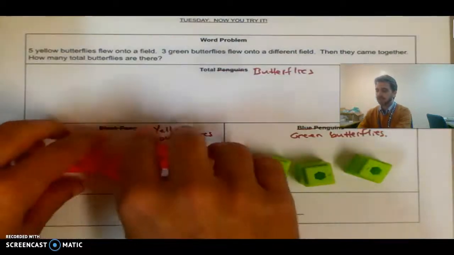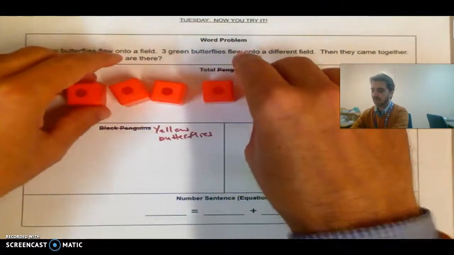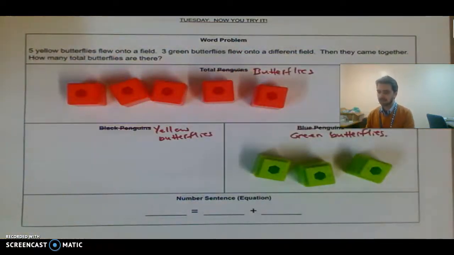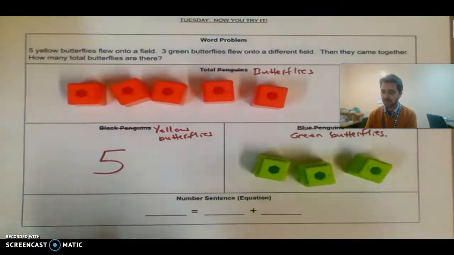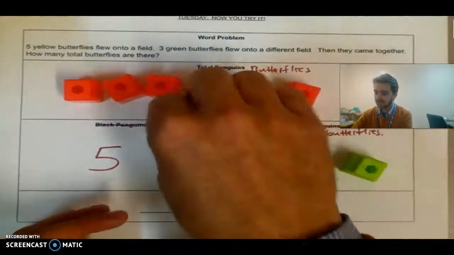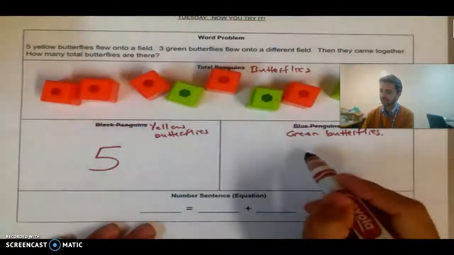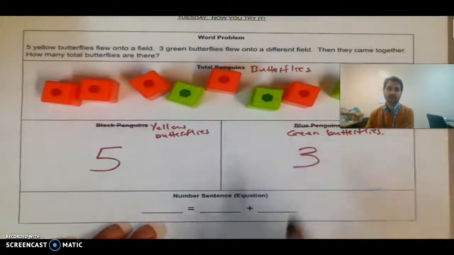It says they came together, so I moved these up here, and I wrote 5 here, and I moved these 3 up here, because they're all flapping around, right? And I put my 3 here, and then I counted,